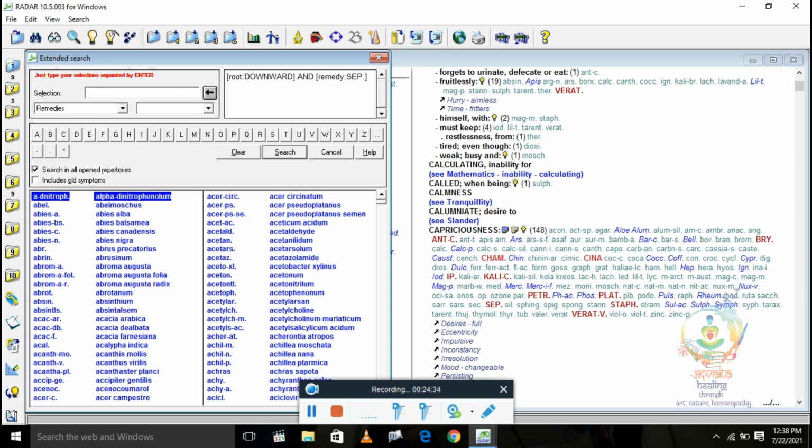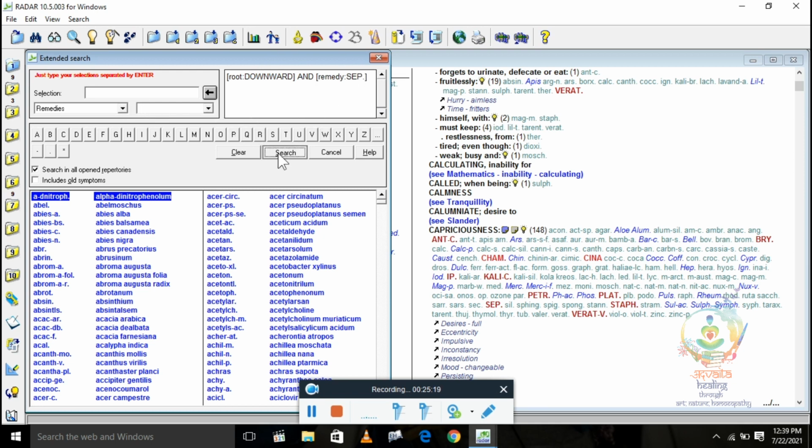This software will search the whole repertory and find out rubrics where sepia has been given with the word downward. Means what will happen now? We have added downward and remedy sepia, so this extended search will search all the rubrics with the word downward, but that rubric should be covered by the remedy sepia.